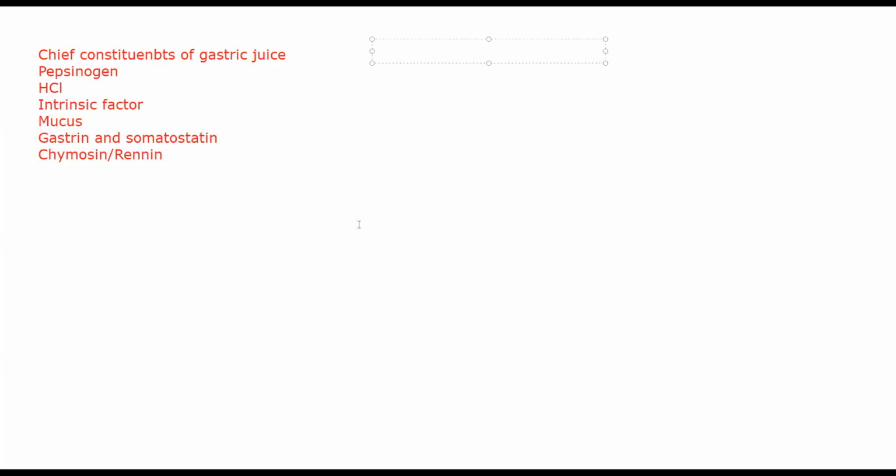Abnormal constituents will be blood. You should not find blood. If there is blood in gastric constituents, there is a problem. Generally due to hemorrhage. We will discuss the different types of reasons for hemorrhage in chemical constituents. Then food remnants, especially after several hours of eating.